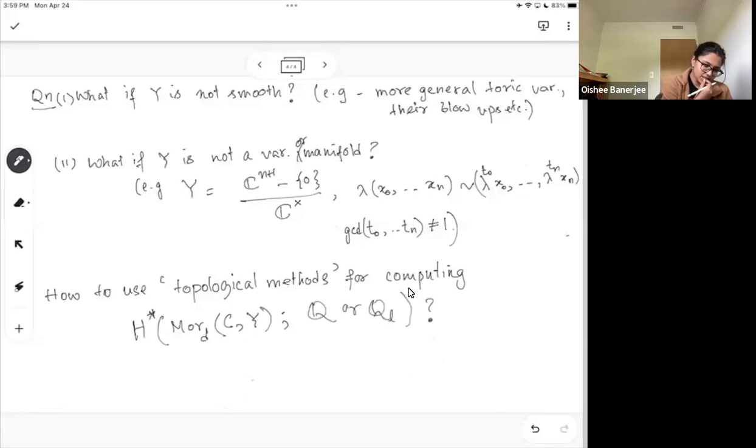And so motivated by these questions, what we do is, in many cases, no matter what the case is, one can cook up a spectral sequence using more general methods. Having a spectral sequence to compute cohomology need not mean that it will be actually computable in